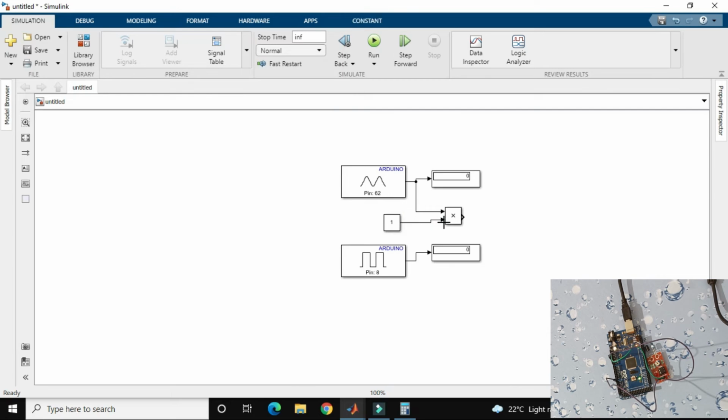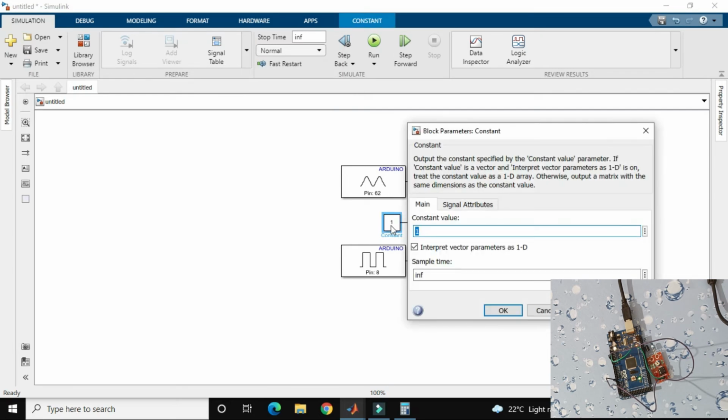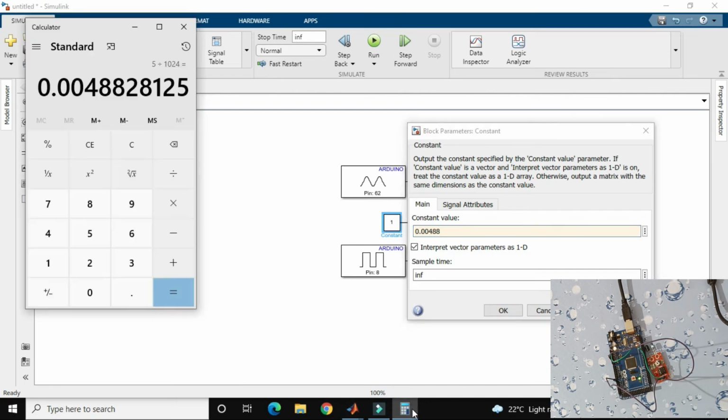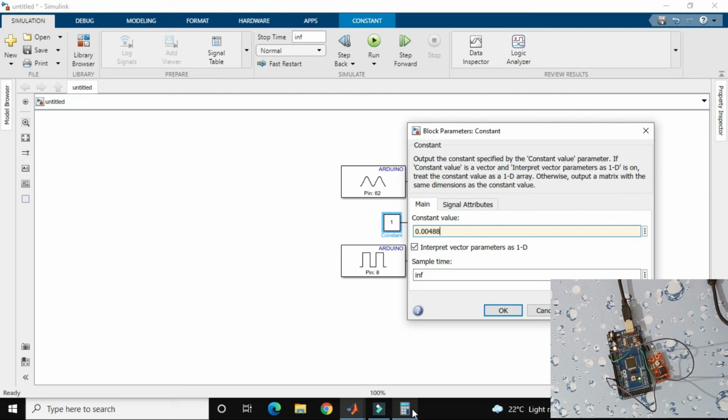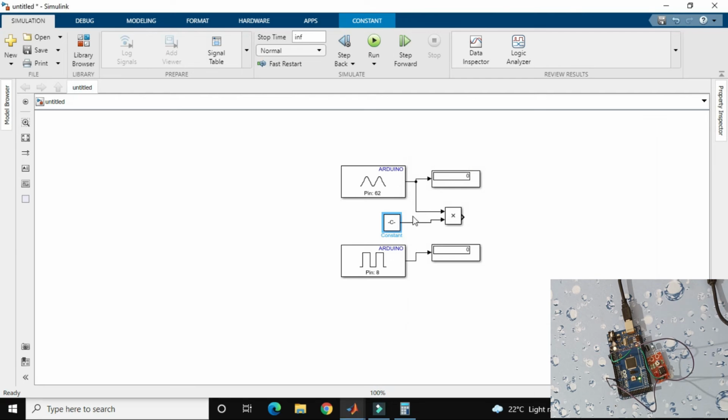I connect this and multiply it by 0.00488, and the exact value is 0.0048828125. Okay, I apply this and delete over here, and it will give you the value in terms of voltage.